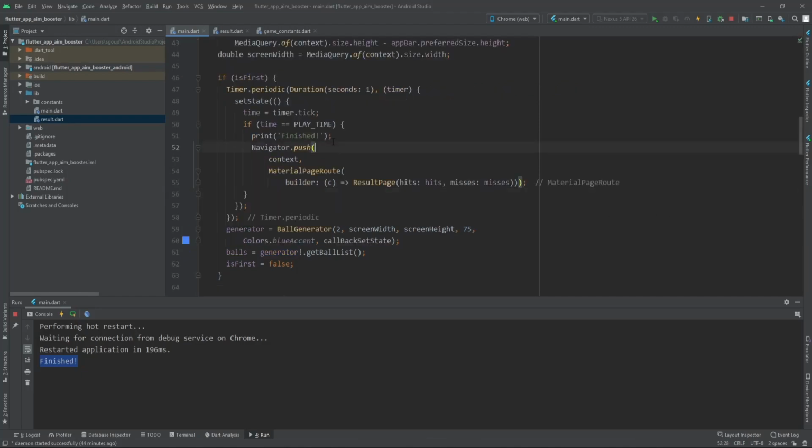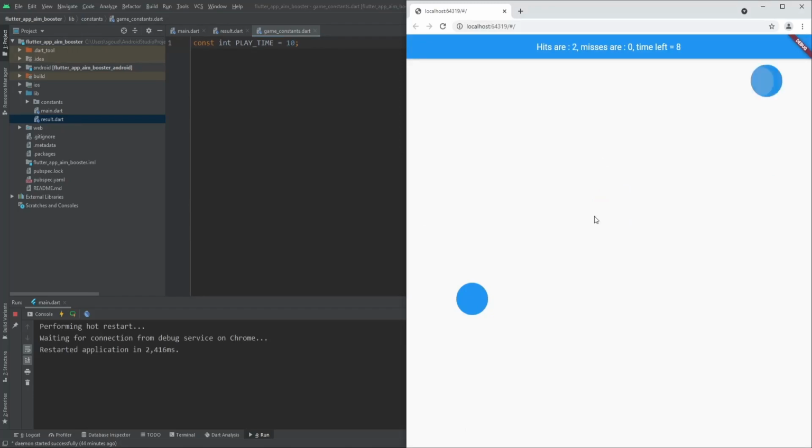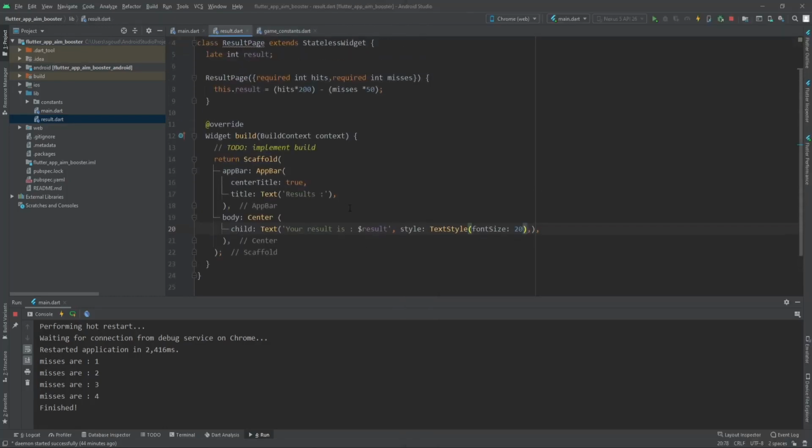Okay, so let's just see the output. Let's make the game constants and the playtime 10 seconds. Okay, it's performing the hot restart. As you can see, the time is 8, the hits are 3, 4, 5, and so on. It's going. Yeah, and the result is 1800. Okay, so if you want to see that this is actually working properly, let's print the hits and misses